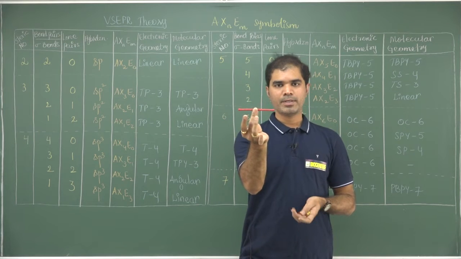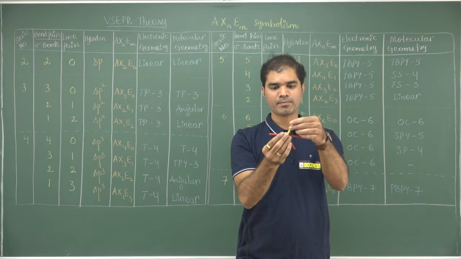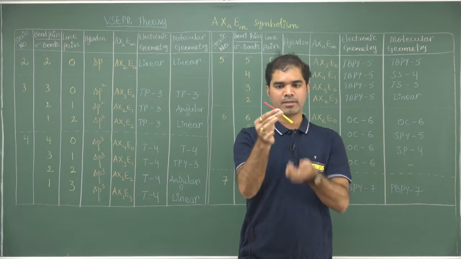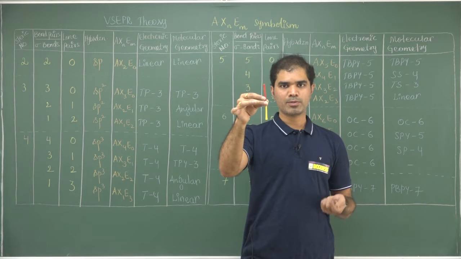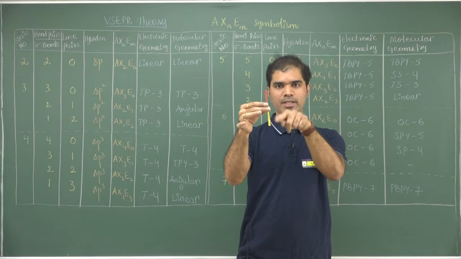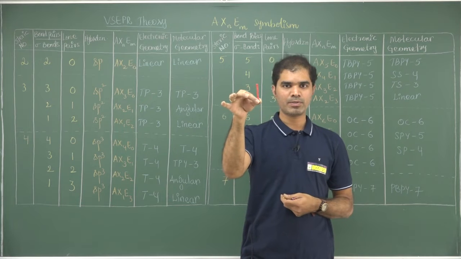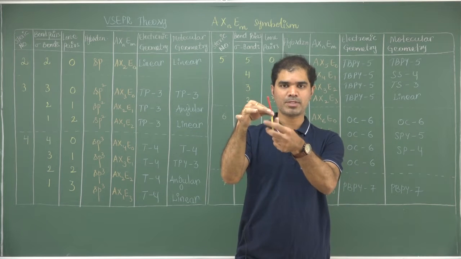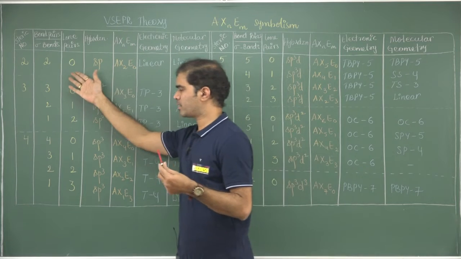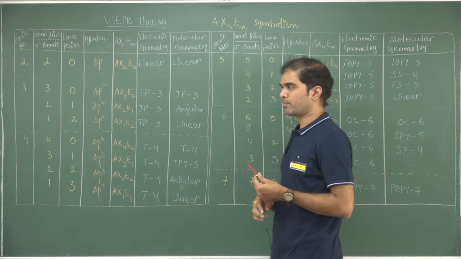Even if I replace one of these bond pairs with a lone pair, so just take a lone pair in the place of a bond pair, even then the electronic geometry is linear. Even the molecular geometry is linear. Molecular geometry does not consider the lone pair. Anyway, this is not given because it is a 1 and 1 combination, that is very rare. You need not consider it. Just the 2-0 combination can be considered.